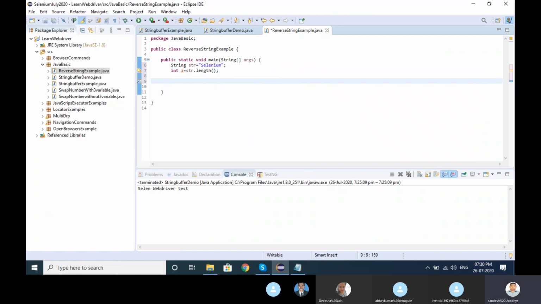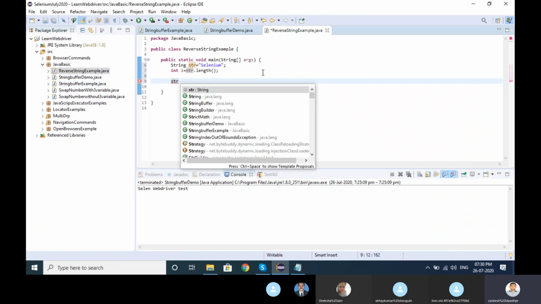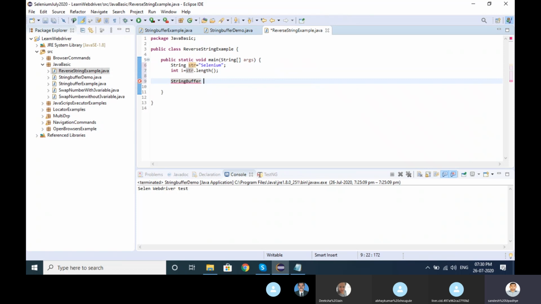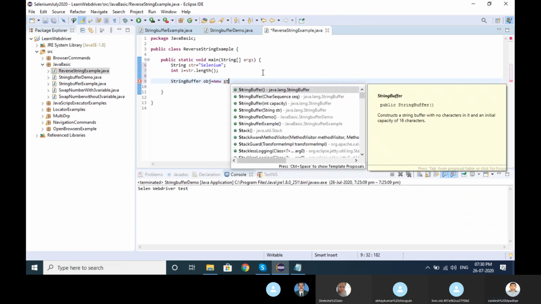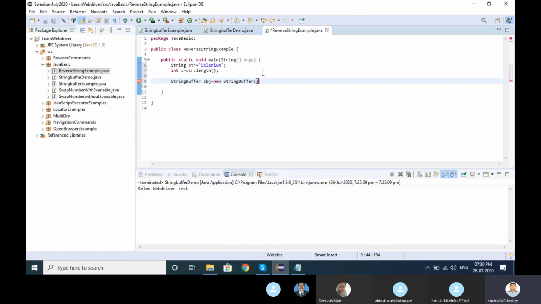Correct. Then I introduced two classes. With the help of two classes, I want to do manipulation. Anyone you can use; I will use StringBuffer. obj is equal to new StringBuffer. I want to put one loop.